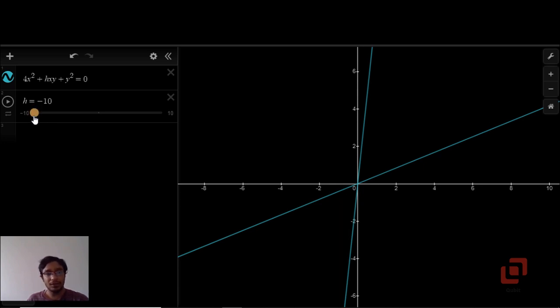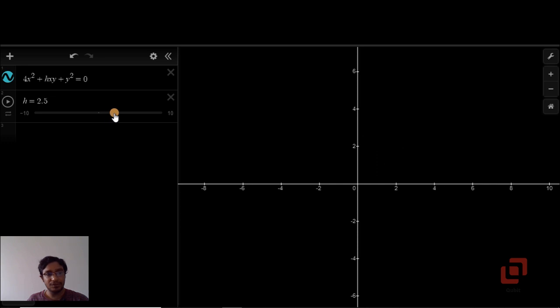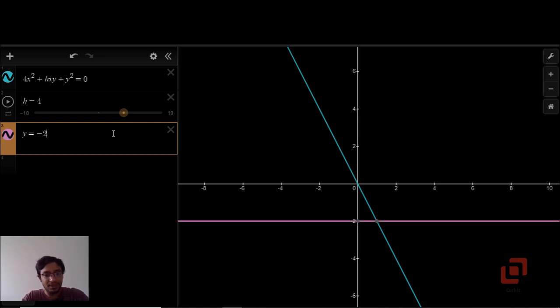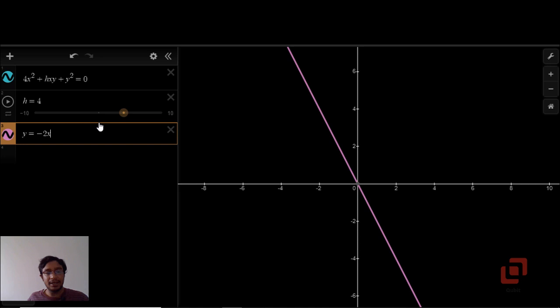Now we had also pointed out that when h is equal to plus 4, the individual equations are y equal to minus 2x. So if I say that y is minus 2x, then this line actually coincides with our pair of lines, okay. Currently I'm not showing any line. Now let us show the joint or coincident lines, okay, and then let me bring in y equal to minus 2x, okay. So when h is equal to 4, that is the value given in the options, then both lines have the equation y equal to minus 2x.